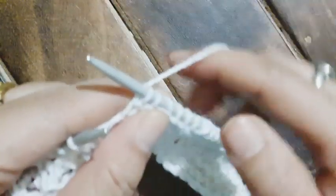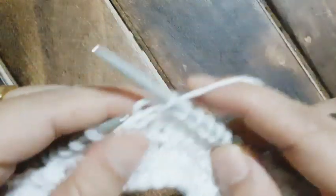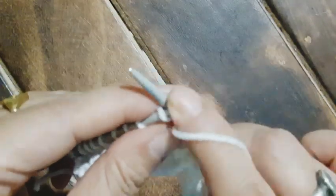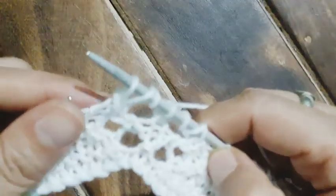5 purl. From here the repeat has already started. From 5 purl, yarn backwards, I work the 2 stitches together. After that there is a yarn over and then 3 knit. 1, 2, 3. That's done. Now again a yarn over, and now shifting the 2 stitches into the right needle. The left needle goes into the 2 stitches, and now I work the 2 stitches together, so there is a decrease. After that, yarn forward and I work 6 purl,